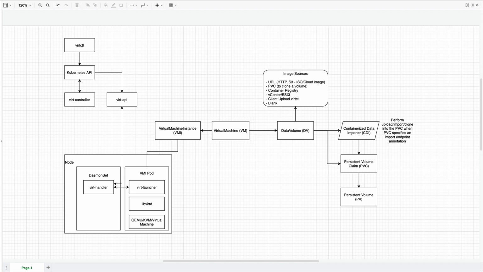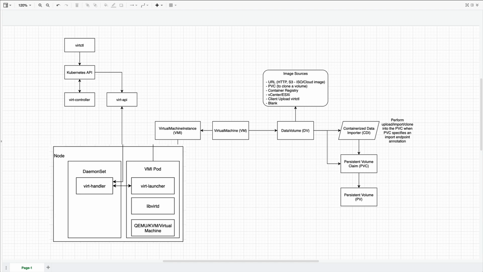Unsurprisingly, there's also the resource type of virtual machine. So the data volumes that you create can be used in conjunction with some other settings like CPU, memory, network, and other common VM settings to define a virtual machine. A running instance of a virtual machine is of kind virtual machine instance, or VMI for short. And you can see here how a VMI manifests itself